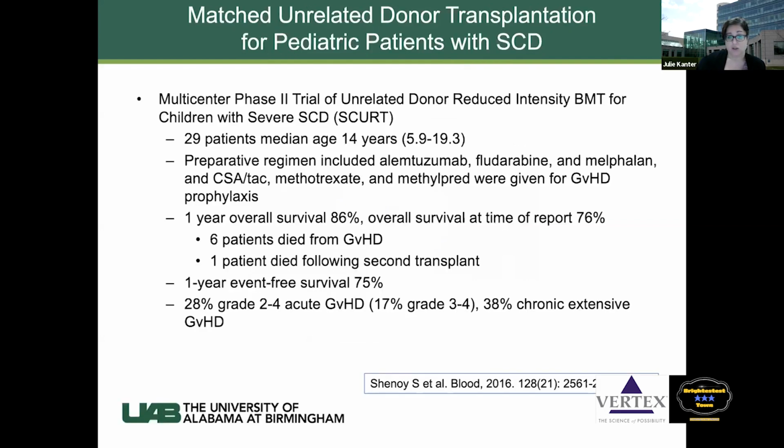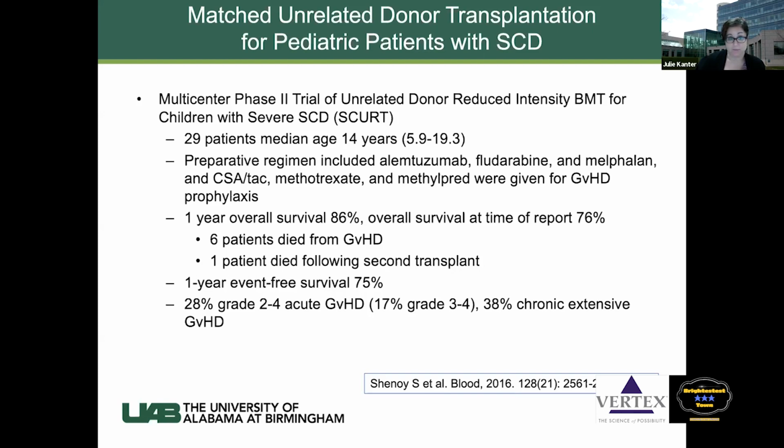So they've looked at using matched unrelated donor transplant. And this is in children with sickle cell disease in a study called the SCIRT study. And here, 29 patients, average age of 14, were transplanted. The 1-year survival was 86%, and the overall survival was 76%. That tells us that 6 children died from graft versus host disease. This is much higher than the studies I showed you previously, showing us that perhaps matched unrelated donor transplant is